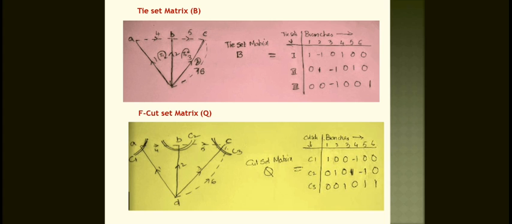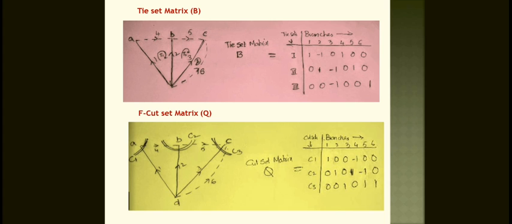So here C1 is a link relation with branch 1, which is the incoming signal, so therefore 1, and 2 and 3 are irrelevant, so 0 0, and 4 is outgoing, so therefore minus 1, and 5 and 6 are irrelevant, so 0 0. And similarly cut set C2: here 1 is irrelevant, 2 is incoming, and 4 is also incoming, 5 is outgoing with respect to this. So therefore 0 1 0 1 minus 1 0, because 6 is irrelevant.